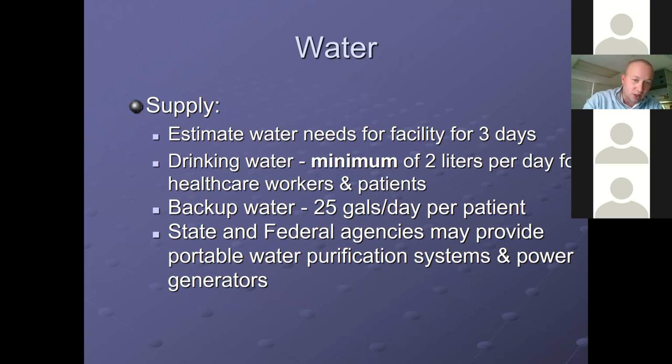State, federal agencies can provide potable water and water purification systems and power generators. I will tell you, try to get your own contracts first. We're very fortunate we had standing POs, purchase orders, with several companies, so we could fire them off immediately. For us, like I said, the biggest issues that we had were loss of suction, the implications that had